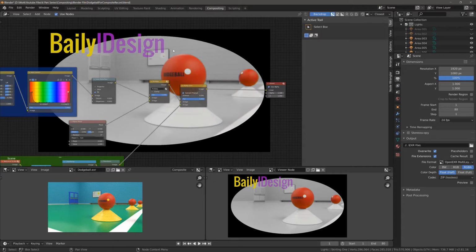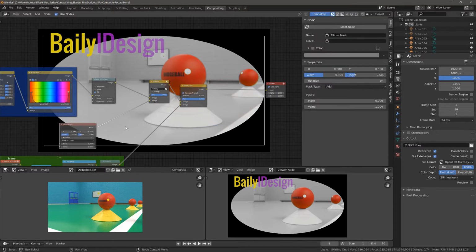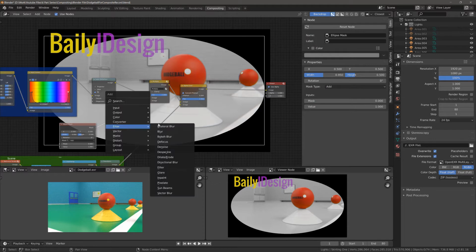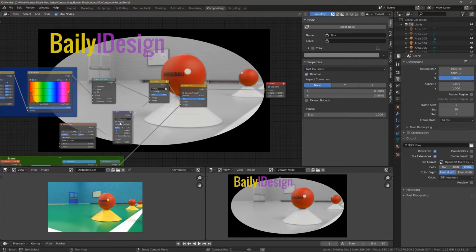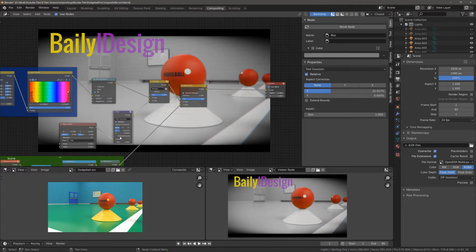Once we do that, you can see the image within the ellipse mask, but not around the outside. To fix that, we're going to add a blur node. So go to filter and then blur. And then we're going to change this from Gaussian to fast Gaussian, and then select relative. So relative uses percentages along the X and Y axis. And if we increase this to say 33, and then increase this to something similar, so 28,